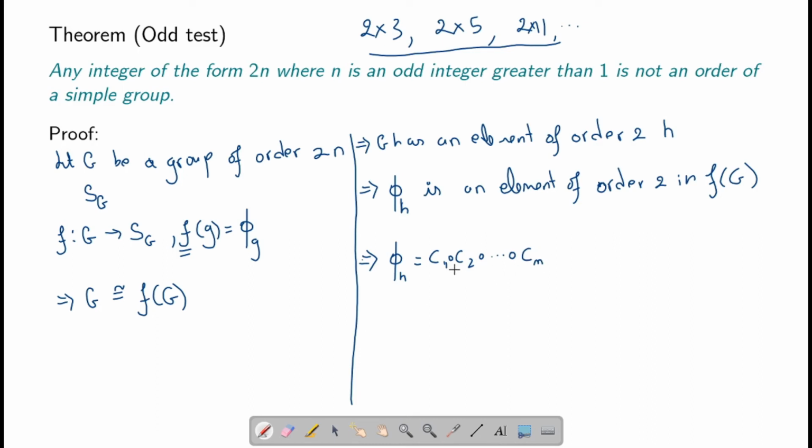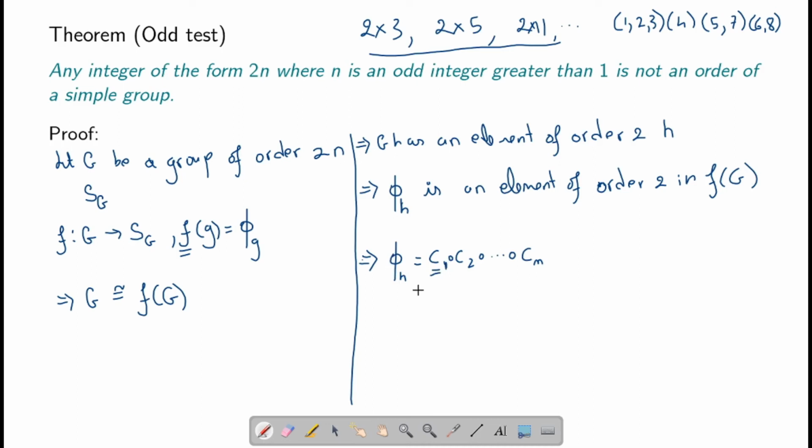Now here we include even the singleton, or the cycles of length 1. When we write this, we even include the cycles of length 1. So an example of this would be (1 2 3 4 5 7), and you will need even (6 8). So this permutation in S8 is an example of this.